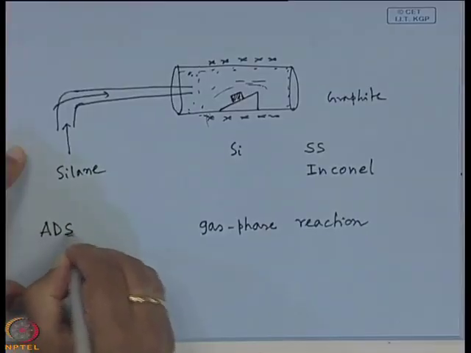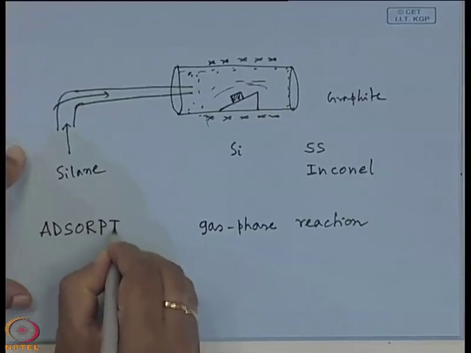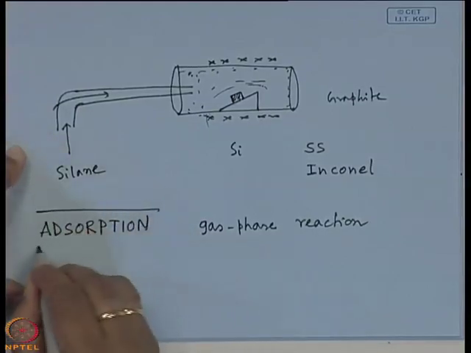Okay. In CVD, what happens? Adsorption takes place. What is adsorption? Have you heard the term adsorption? What is adsorption? Attachment of atoms at the surface, but not completely bonded. Yes, very good. Atoms or molecules, arrangements of atoms and molecules on some surface of the material. That is known as the adsorption.